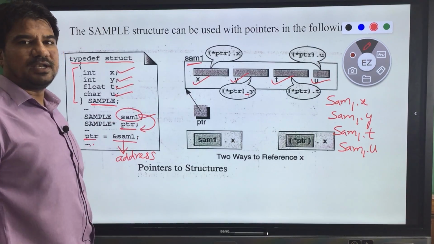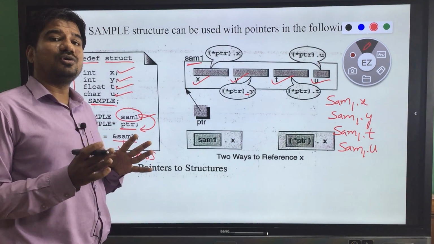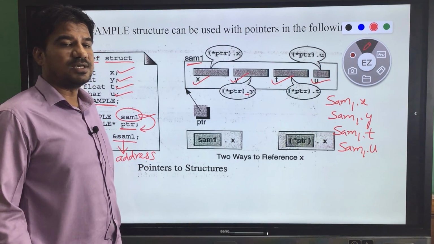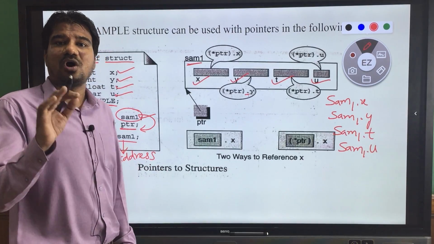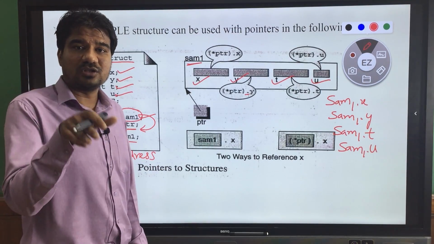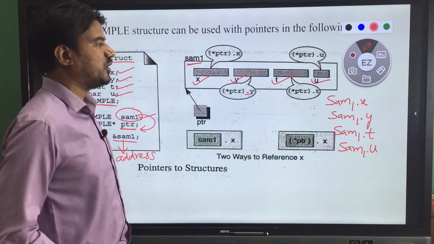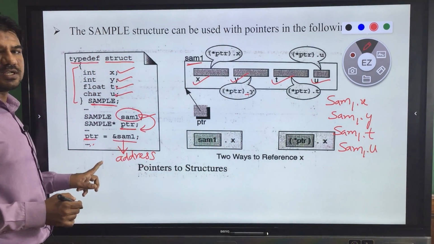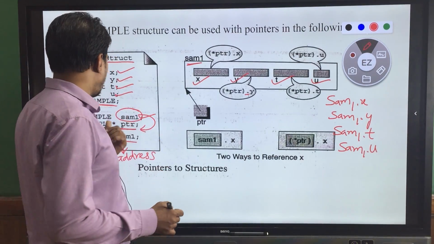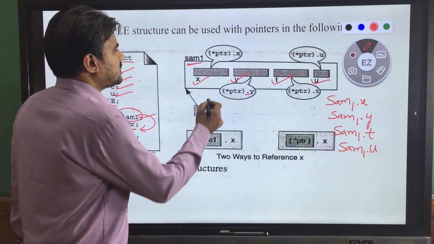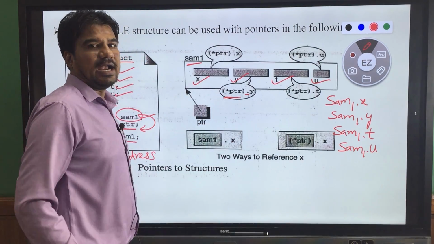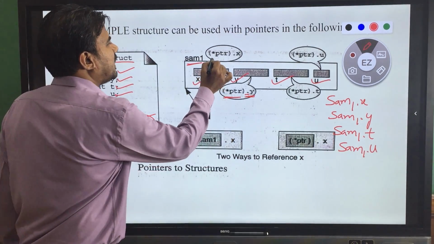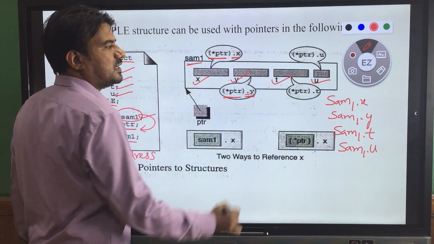But now we have a pointer ptr. As you know, in order to access the value using the pointer, we have to apply the indirection, isn't it? On what do we have to apply that indirection? Do we have to apply it on the value? No, we have to apply it only on the pointer. My pointer is ptr. Ptr is holding the address of sam1. So I have to apply the indirection on ptr only. So star ptr will give you the indirection, and if you put dot y, that will give you the value from that y variable. So star ptr is giving the indirection, dot x is giving the value.